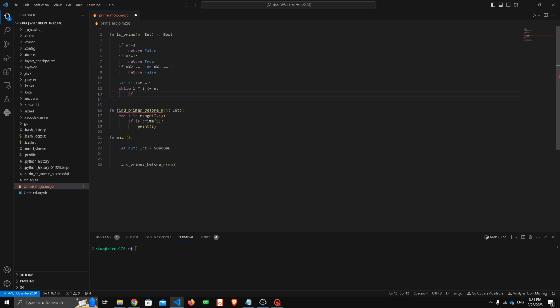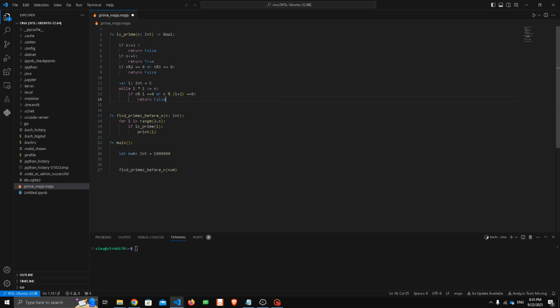And if what I said, feel free to change whatever you want. And if n remainder to i is equal to 0, or n remainder to i plus 2 is equal to 0,